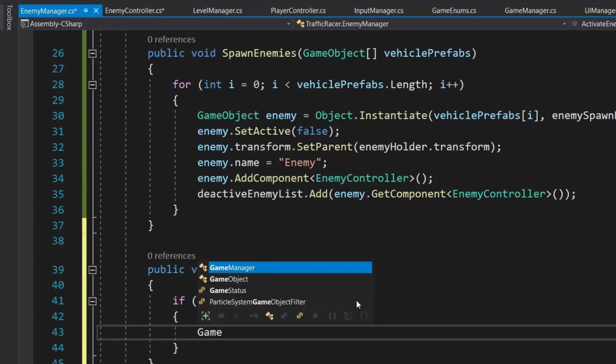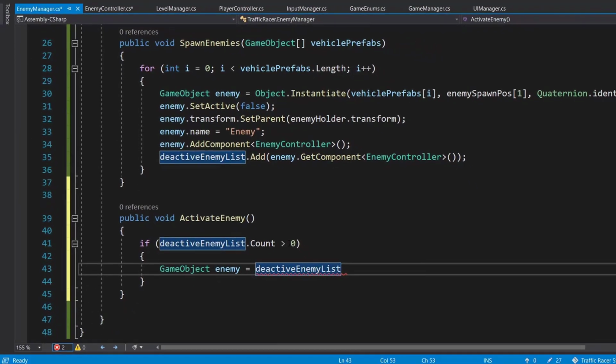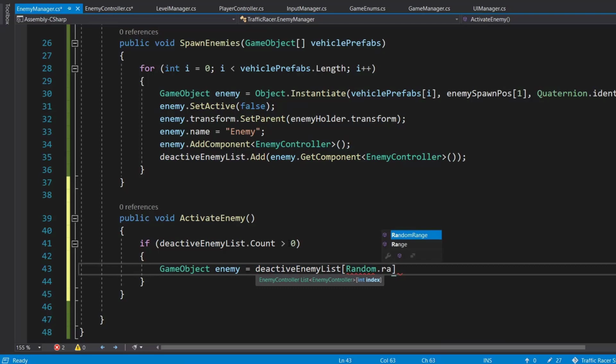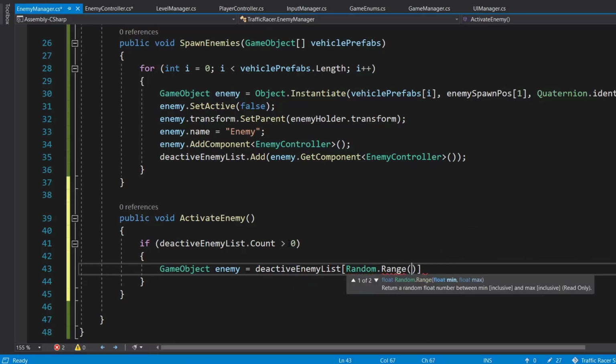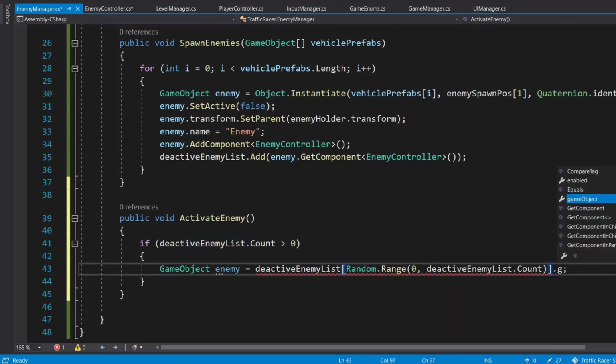Then we will get our game object enemy is equal to deactivate list, and we are going to randomly get it. So random dot range, and our range will be from 0 to the count. So deactivate list dot count dot game object.